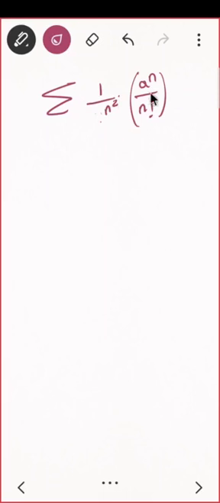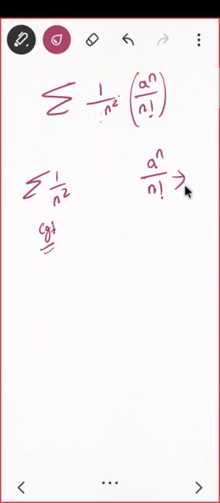Actually, by just giving the bracket I have given you a hint. Do you know about this series summation 1 upon n square? And do you know about this sequence a raised to n upon n factorial? This is convergent and converges to zero, correct? So this series is convergent, this is convergent. So can I say the product of both is convergent? So within a fraction of a second I directly get that it is convergent. Even you can do that by ratio test, maybe that will follow, that is okay, but still since I am getting it directly, it is good.